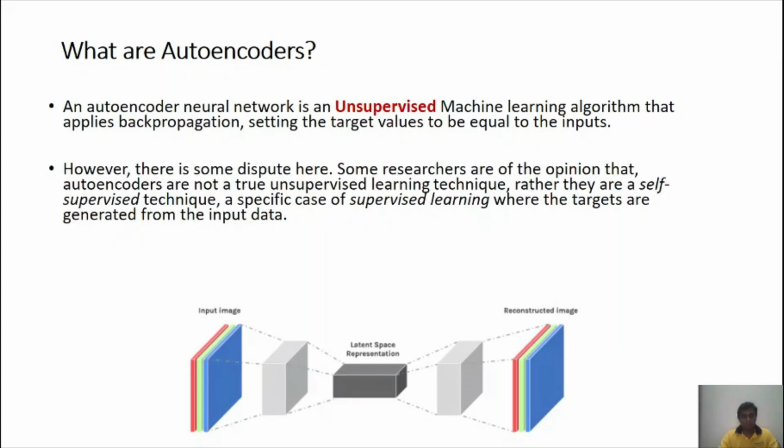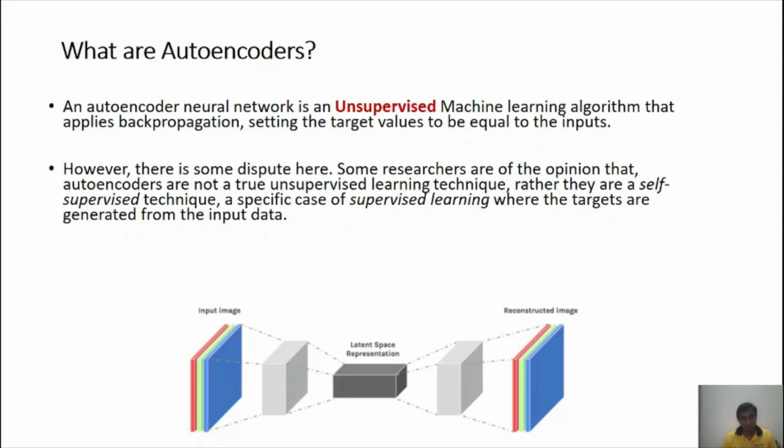However, there is the idea of autoencoders being an unsupervised type of machine learning algorithm. There is some dispute on this. The reason why we call autoencoders unsupervised machine learning algorithms is because there is no specified class labels, as you will see. Whatever is input, the same image is the output as well, or the target as well. So as such, there is no specific class labels which are assigned, and therefore it is usually considered as an